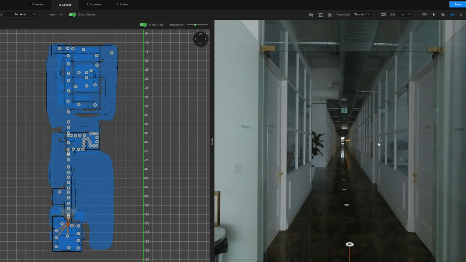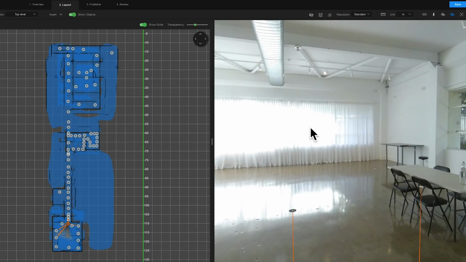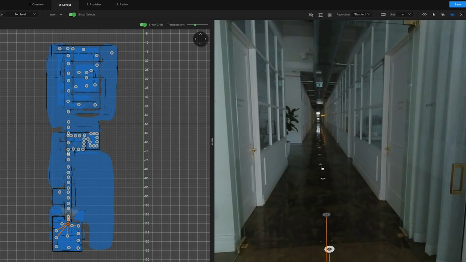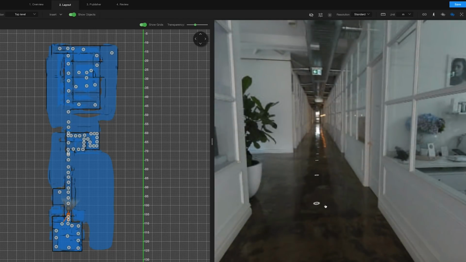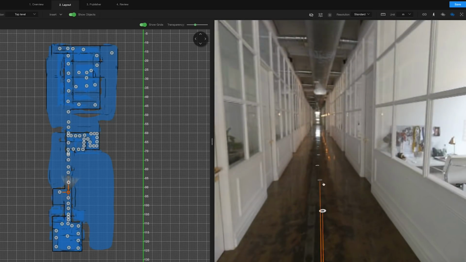The next thing I'm going to show you how to do is remove points. When you actually shoot your virtual tour, it's a good idea to get as many points as you can so you can get a really accurate floor plan, and it just makes it easier for doing stuff like 3D mapping, adding features within the room. However, when you're watching the tour back, and as you can see in this hallway, there's a new point every few steps. It's just not necessary.